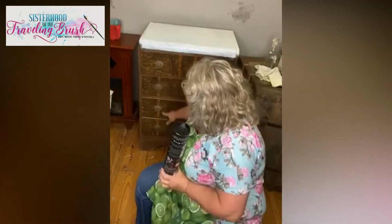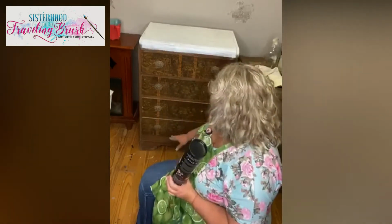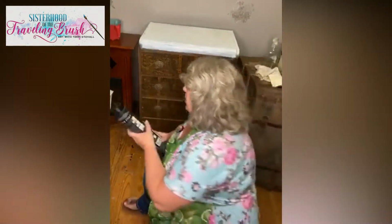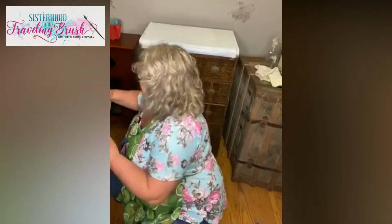What I'm wanting to do with my big girl head here is have her have a crown of flowers at the top and then maybe a couple at the bottom. So that's my big plan that I'm trying to see. And in my mind it's yellow, but I don't want to paint it yellow. So here's what we're going to do. We're going to paint the main body